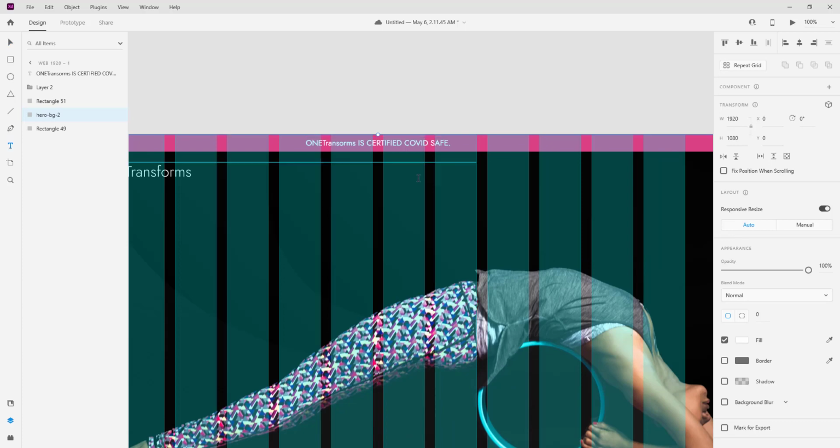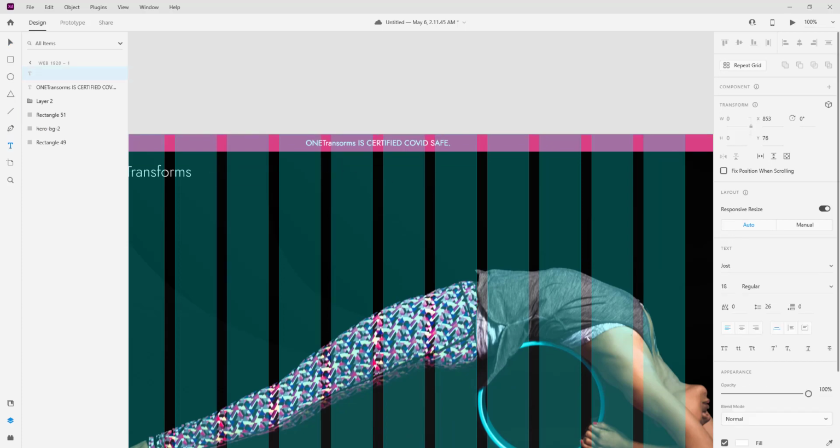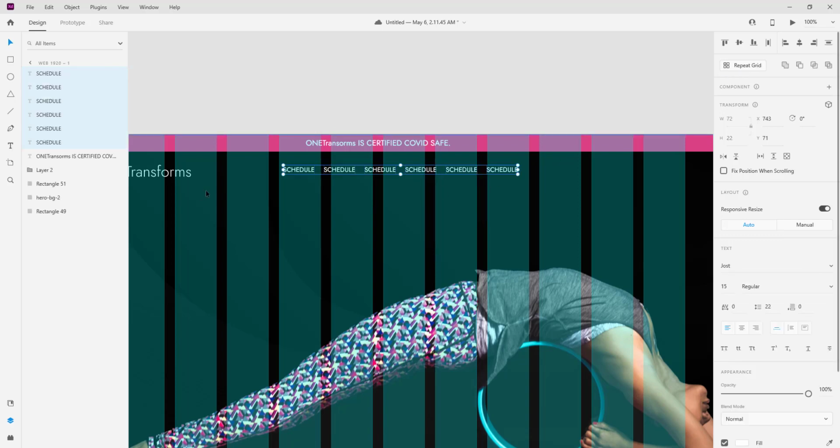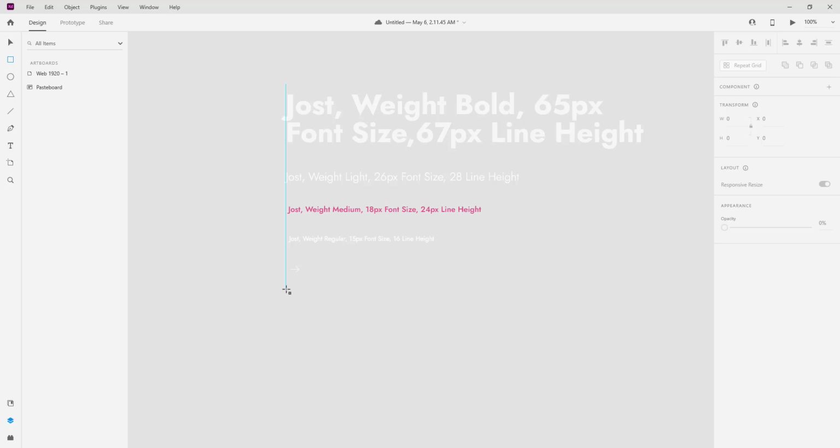So we pick the text tool, we create our navigational items. Okay, that is this. We have it here. That's going to be 15 and we are going to turn it to a repeat grid and repeat. We have 4 items, so that's fine, and then we ungroup to create copies. So we select all the navigational items, ensure it's rightly aligned to the center,